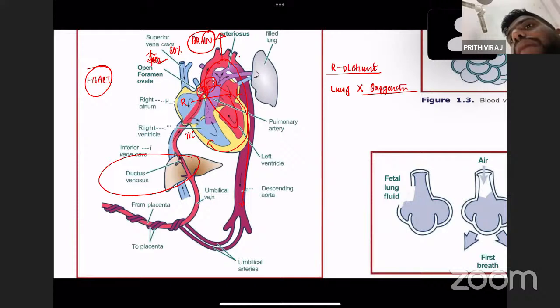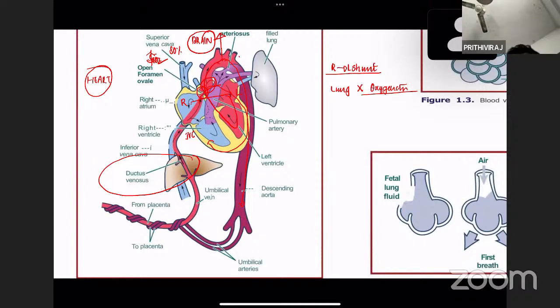From the right ventricle, it enters your pulmonary trunk and pulmonary artery. Since your lungs are filled with fluid and have an increased pulmonary vascular resistance, the blood cannot go to the lungs. Instead, your ductus arteriosus will shunt this blood from your pulmonary artery into the descending aorta, and the descending aorta is already carrying the somewhat oxygenated blood from the left ventricle, and the deoxygenated blood from the pulmonary artery will mix with this at the level of the ductus arteriosus,